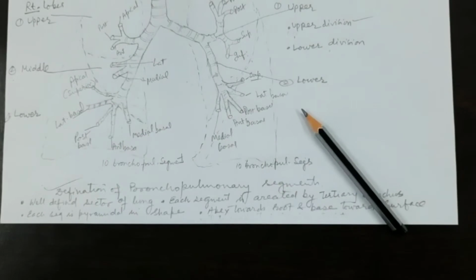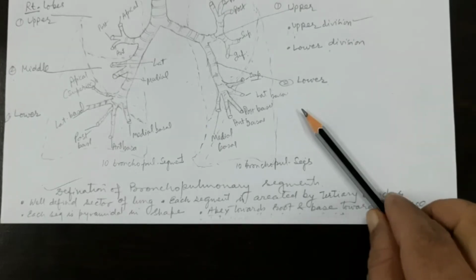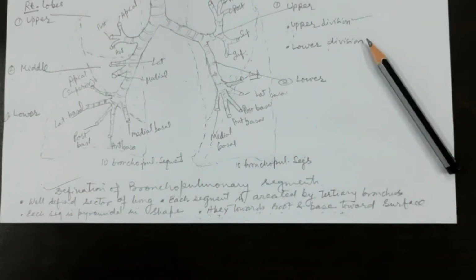Now you know what a tertiary and a segmental bronchus is. So each bronchopulmonary segment will be supplied or aerated by the tertiary bronchus, okay. And each segment is pyramidal in shape, whose apex lies towards the root of the lung and whose base is on the surface, towards the costal or outer surface covered by the visceral pleura. So the visceral pleura will be the outer limit of each